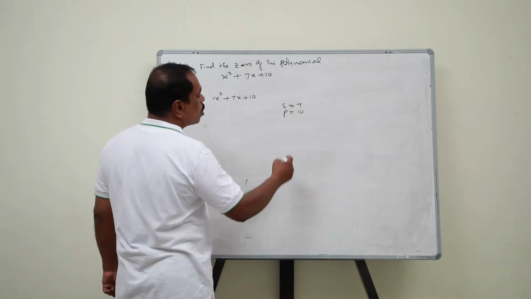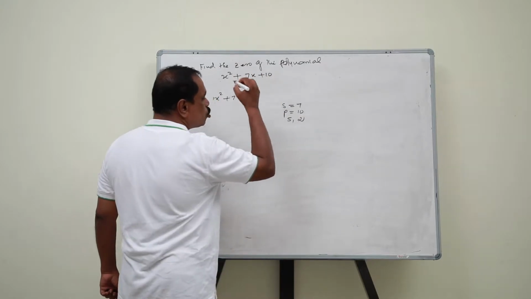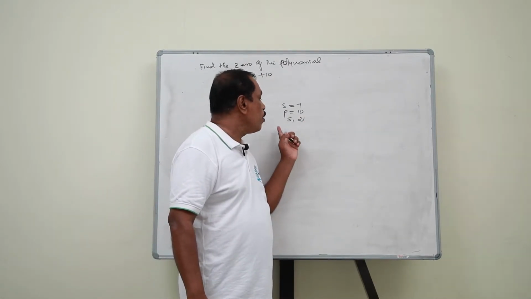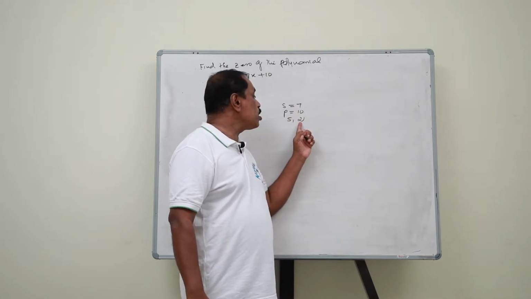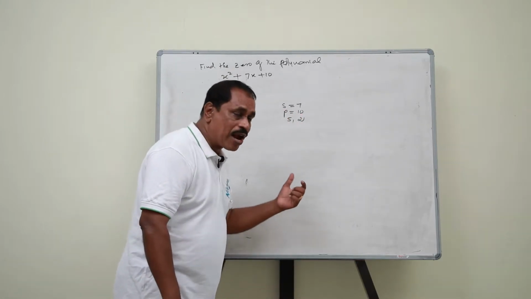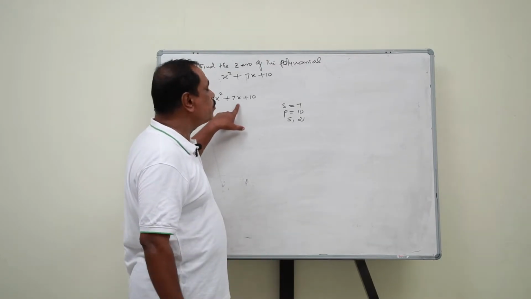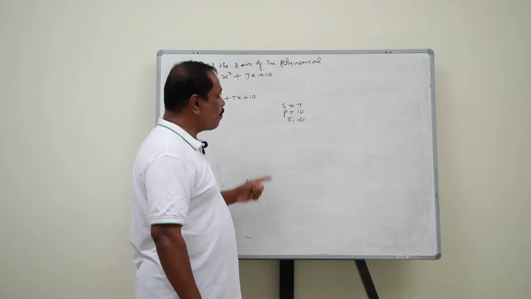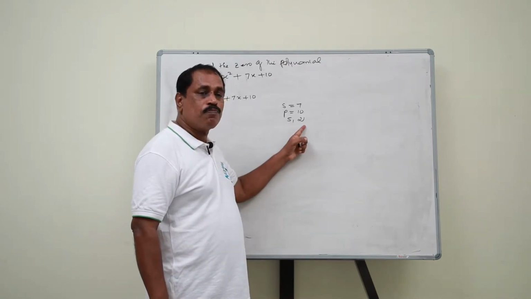Imagine two numbers whose sum should be 7 and product should be 10. Yes, very simple. We have 5 and 2. When we add them, we get 7, and when we multiply them, we get 10. And then what are the factors? We split the middle term. But since you are in 10th standard, you can directly write the product. That is (x plus 5) into (x plus 2).